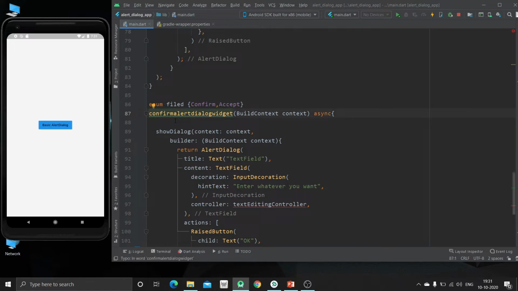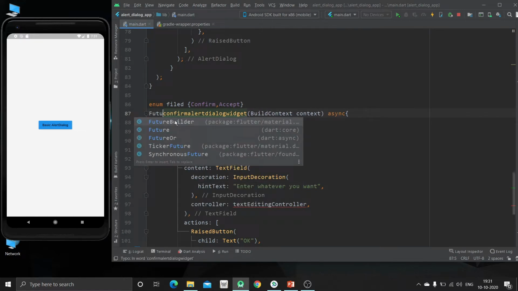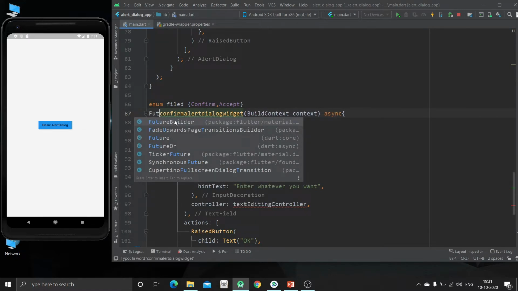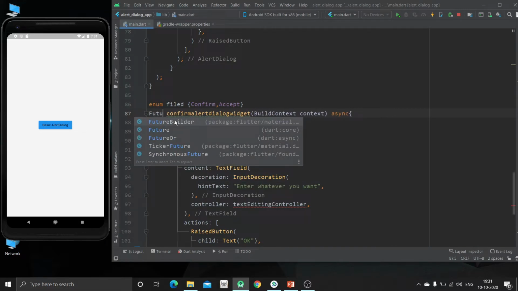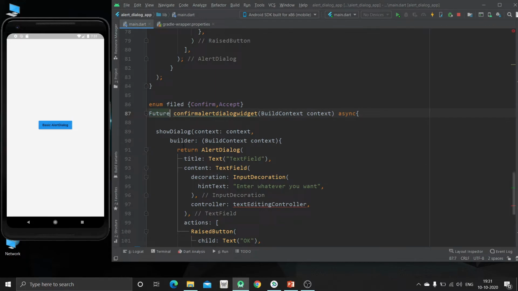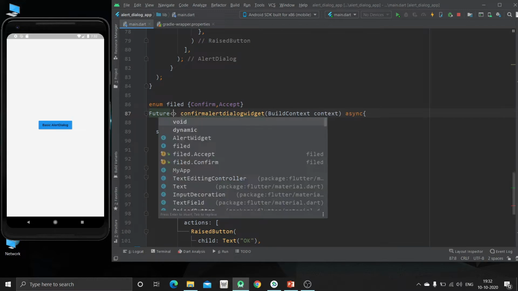So for that we can also specify the future. Okay, just have some space. The data provided by this widget will be available in future. So for that we are specifying this asynchronous property, so that until the execution of this widget finishes we continue with the next method or process.